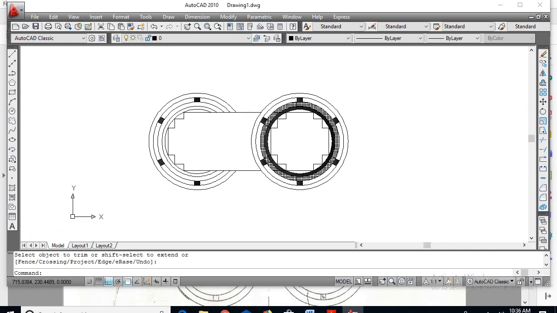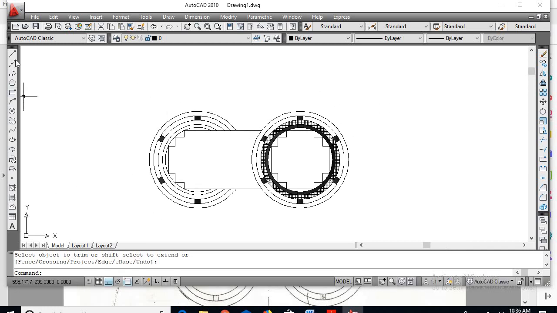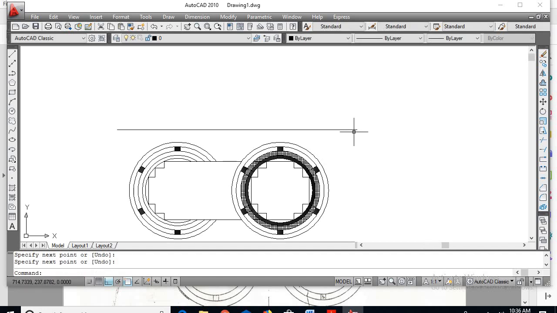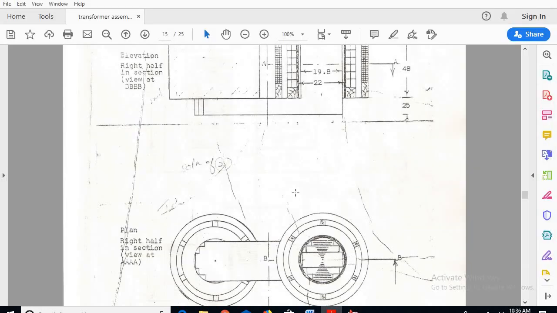So to draw the elevation part, just draw a line at the above, somewhere near to this picture, some distance, there is no dimension. Okay, so now from here you can see the yoke height, that is 25 centimeters.